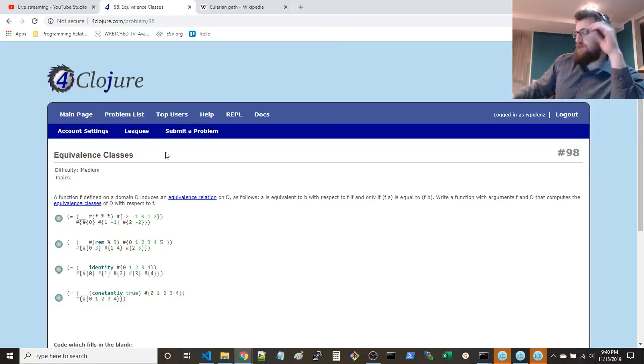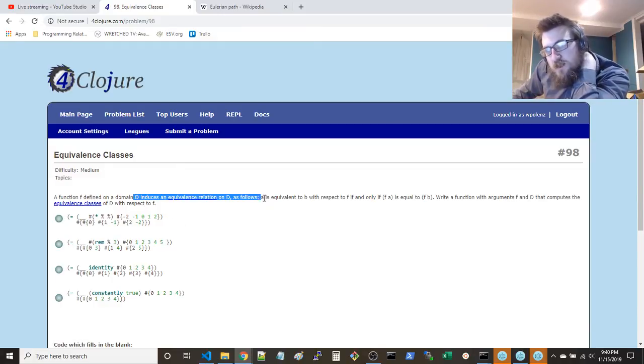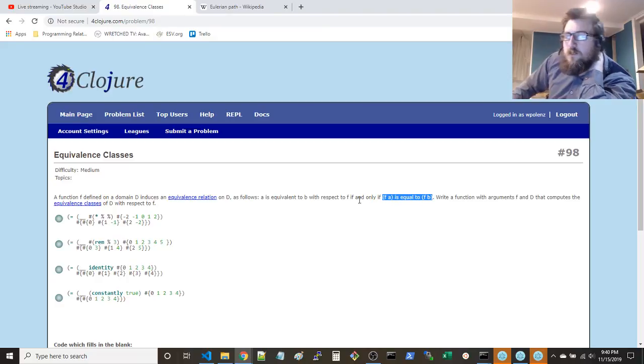Anyway, so what they're saying is, function f defined on a domain D induces an equivalence relation on D as follows: A is equivalent to B with respect to f, if and only if f of A is equal to f of B. So the go-to equivalence class and partition is the modulo function.